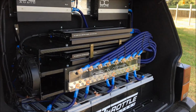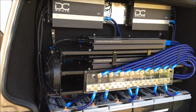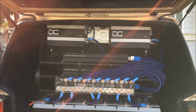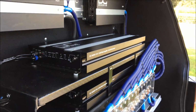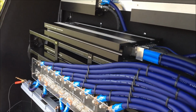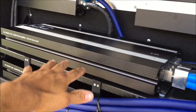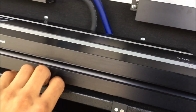A few little edits since the last video I put up. So basically went to Surf City in Oregon, about an 8-hour drive up there and 8 back. Jeep did pretty good, but we ran into some problems. I noticed with the amp rack, thanks to one of the videos I saw that was taken of it, apparently back here this top amp was moving this whole shelf, and I kind of figured they were a little flimsy,